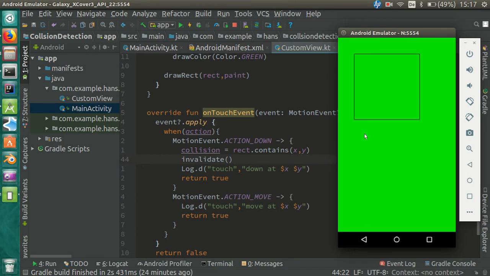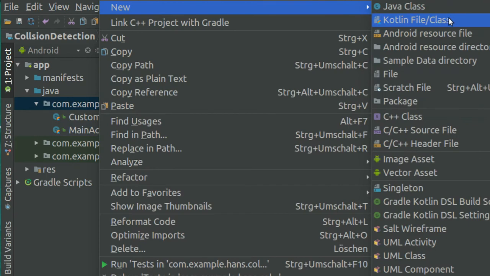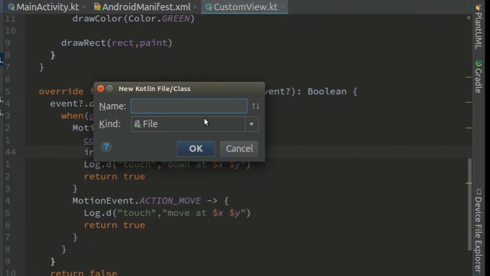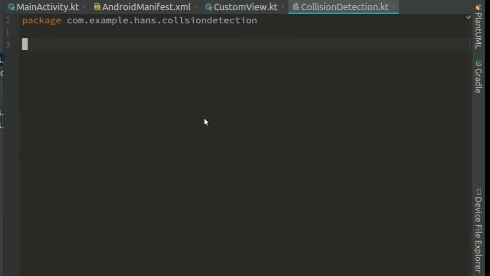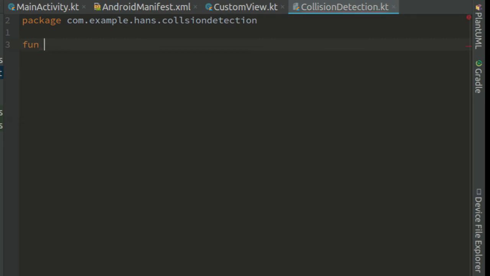If for some reason you don't want to use the contains function, you can write your own. Create a new Kotlin file. Call it CollisionDetection. In it, create a function called rectColliding